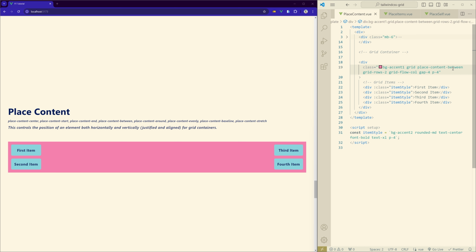I'll explain again briefly. So between will be in the extreme edges, and if you use around, place content around, then there will be equal space around each item. Means for the first item there will be equal space on the left and also on the right. Same for the other elements, there will be equal space on the right and also left. Now if you use evenly, then it will have even spacing across the container, and stretch